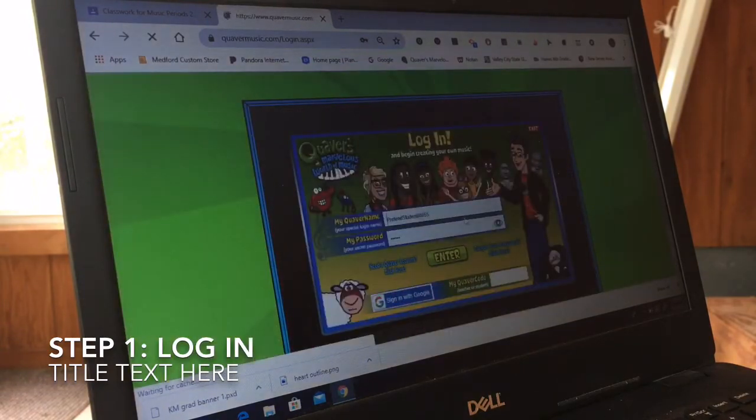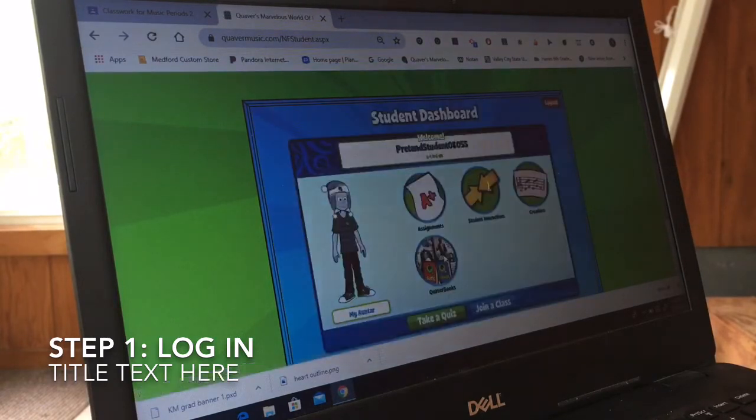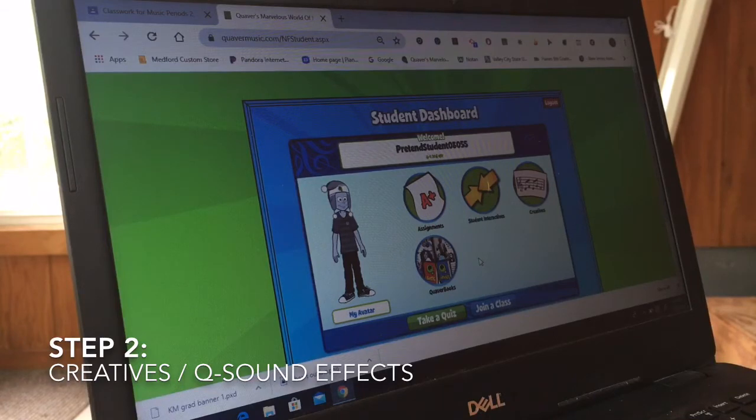When you log in, remember your student username and password is the same as you use for Medford. It's the first two initials of your first name, your full last name, and then the number 22. Your password is lowercase MED and then your 5-digit code. Click on enter, and then if you have the choice between flash or non-flash, you can still choose the non-flash